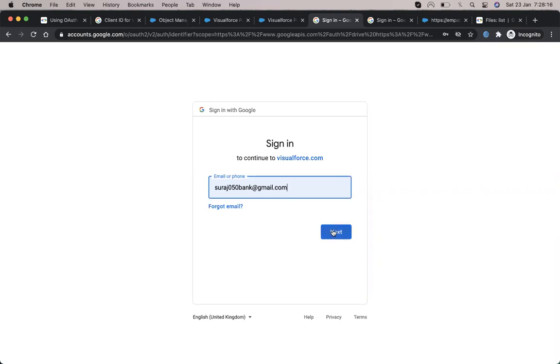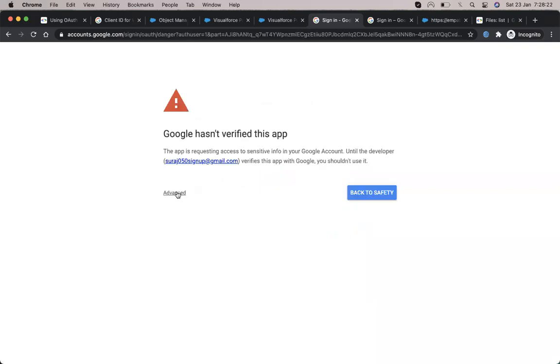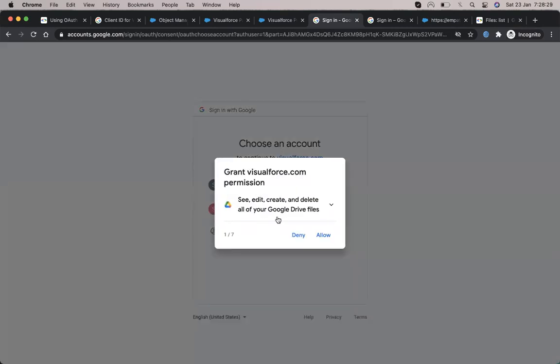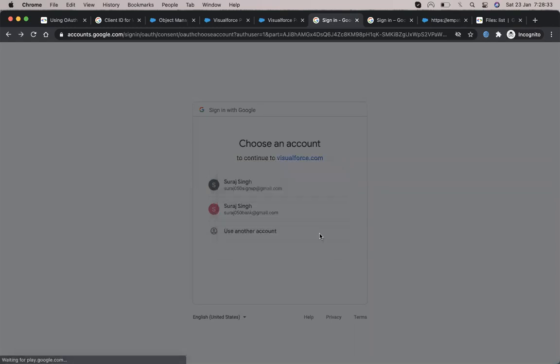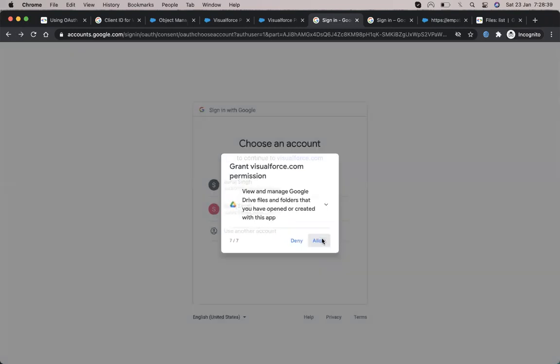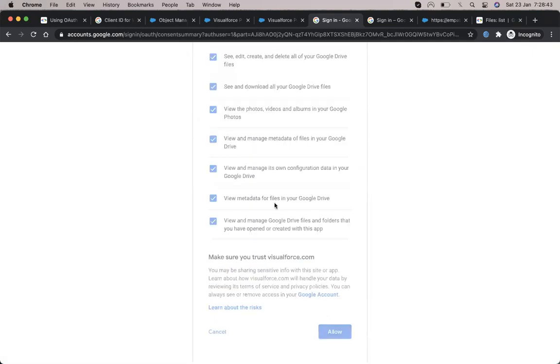So I'm using a different Gmail account, and once I'm in, it asks for verification. Let's verify that. It asks for all the permissions that we have added on the scopes. We allowed all the permissions, and then we allowed again.